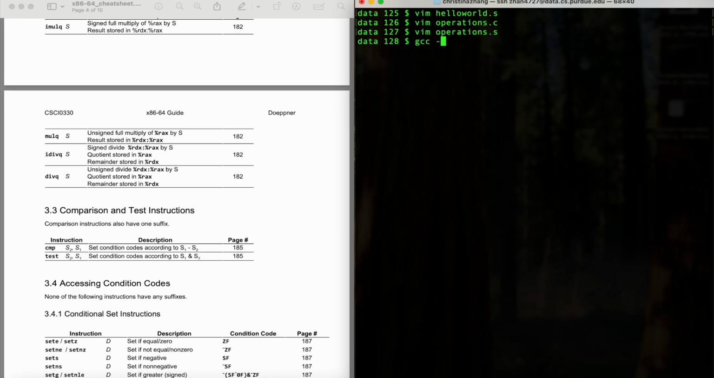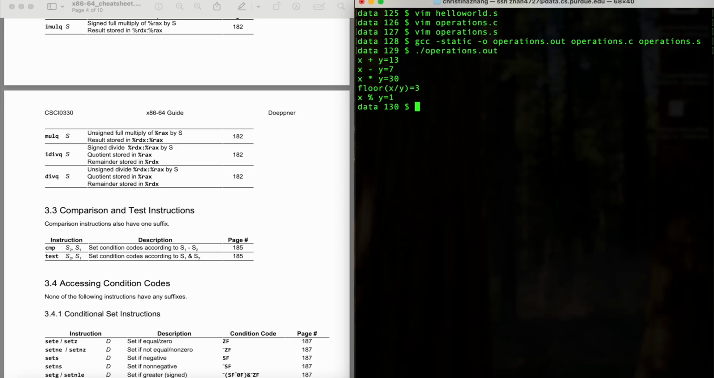Okay, so we have implemented all 5 of these functions in assembly, and let's try to test it using the previous C program that we wrote. So gcc -static -o, we're going to name our executable operations.out, and then operations.c, operations.s. Okay, so we see that